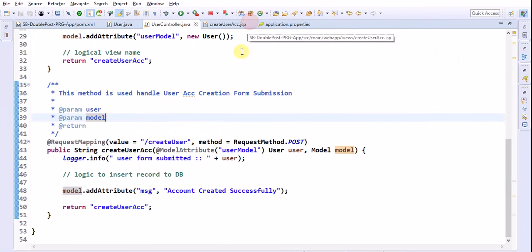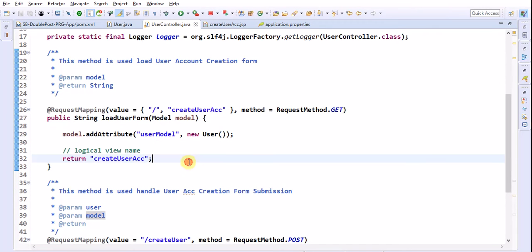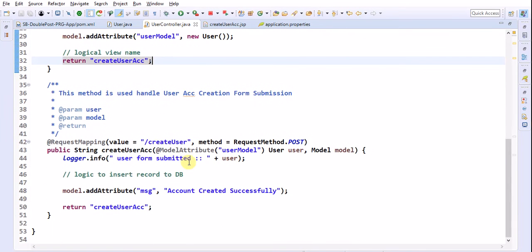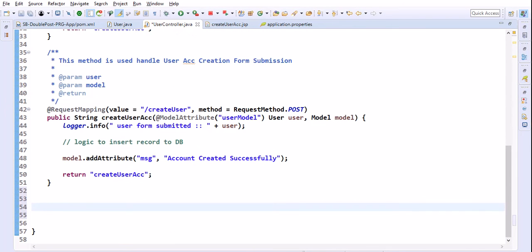Right. So first, this is the method which is used to load the user creation form, the account creation form. This is the method which is used to handle the form submission. Now, once the form is submitted, I want to redirect the request to another controller method. Public String userAccountCreationSuccess.